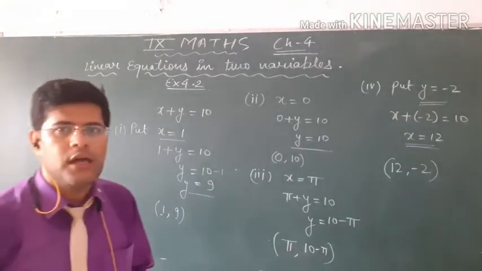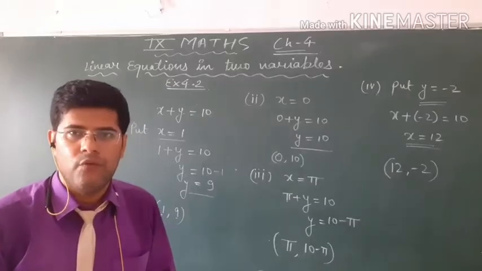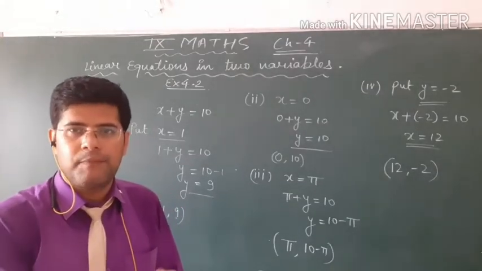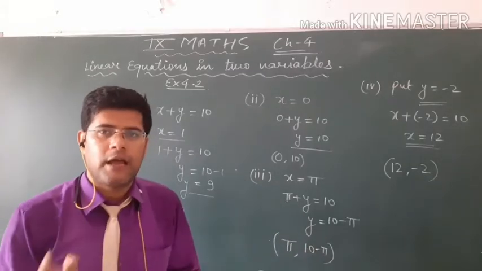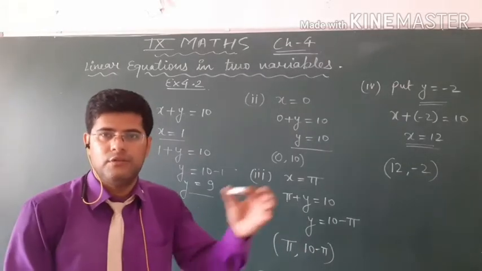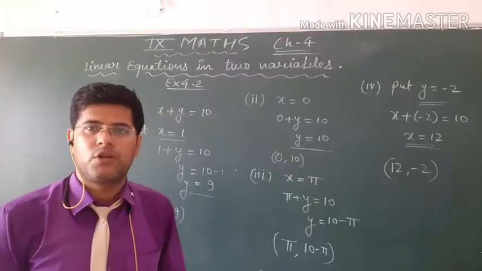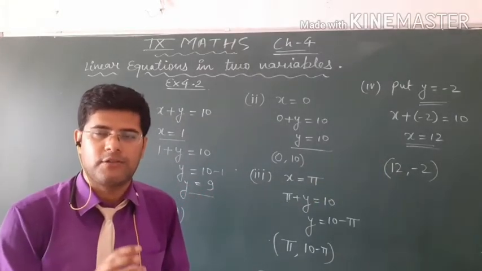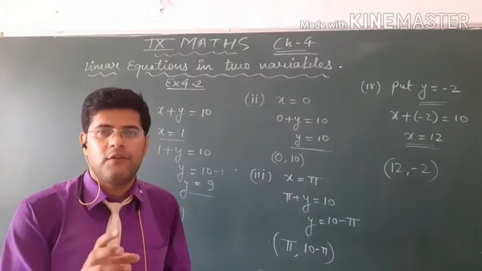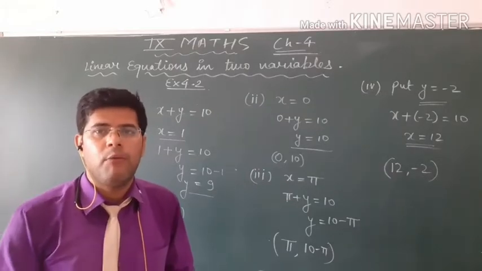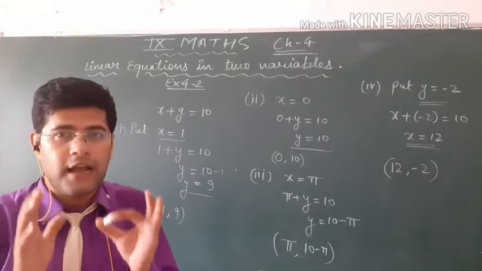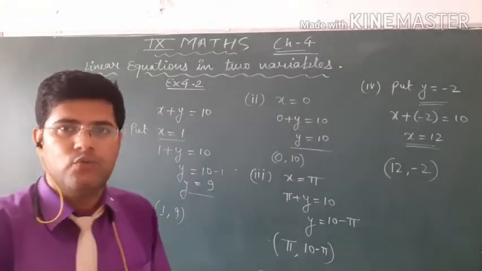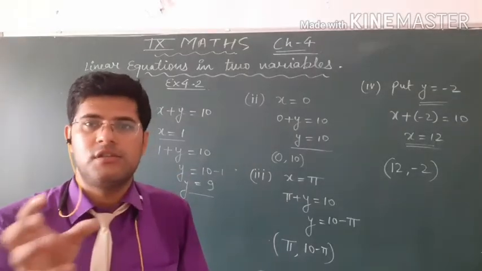Because when we put a value for x, we can put any number, and when we put a number, y gives the answer. So when we put x equal to 0, we get a value for y. When we put 2, when we put 3, every time we put a number in place of x or y, it will give a new solution. So how many solutions are there? It has infinitely many solutions. We are not bounded by the numbers we put, whether 2, -2, 3, -3, 0, whatever.